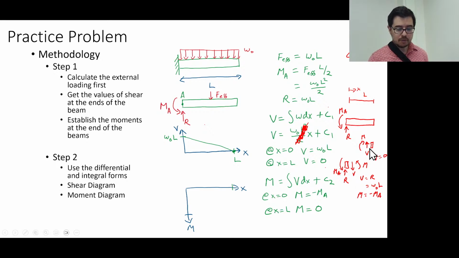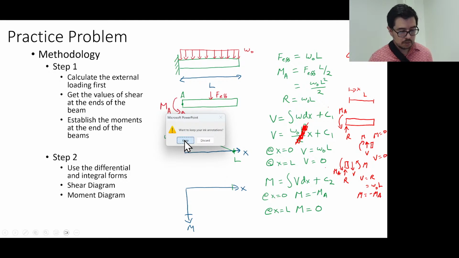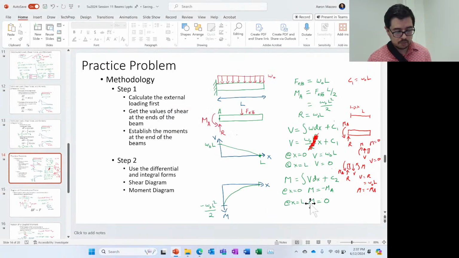Well, we already did the boundary condition at the left. We said that M is equal to minus MA at the left, and MA is this guy. And at the right, we also know the internal moment is equal to 0. So that's what we get here, these boundary conditions, and then we draw the appropriate parabola,